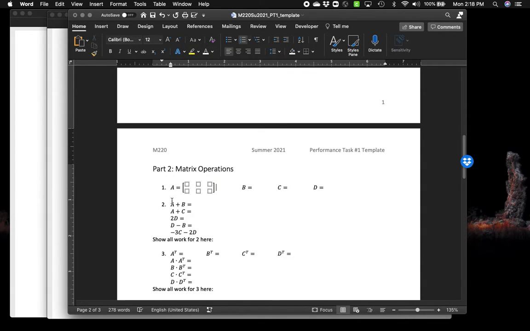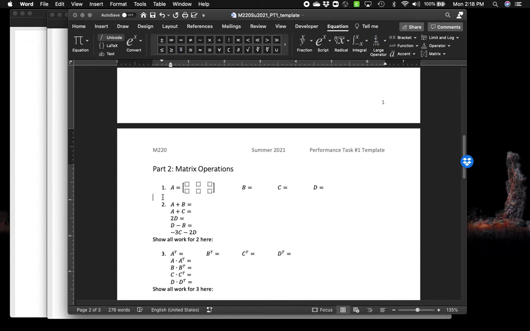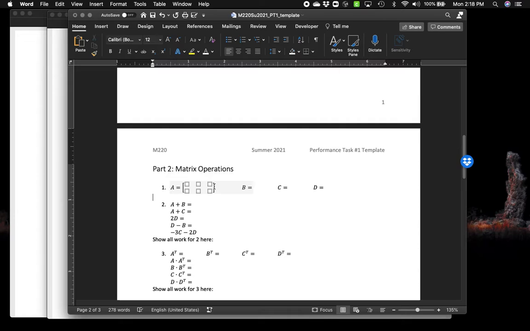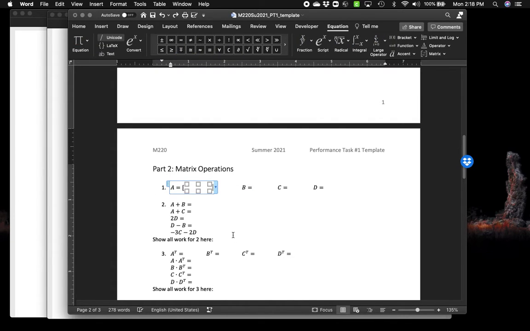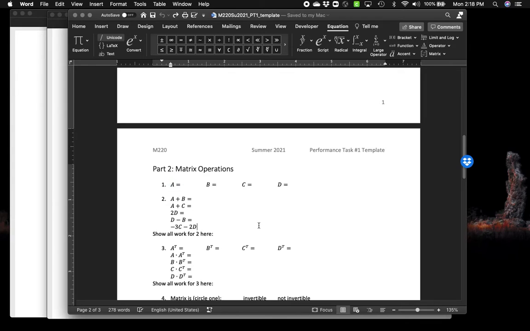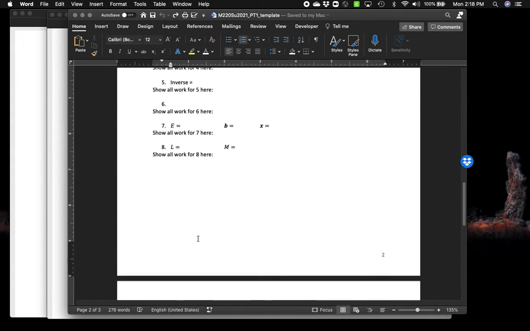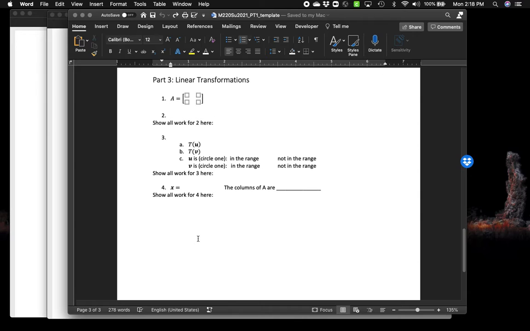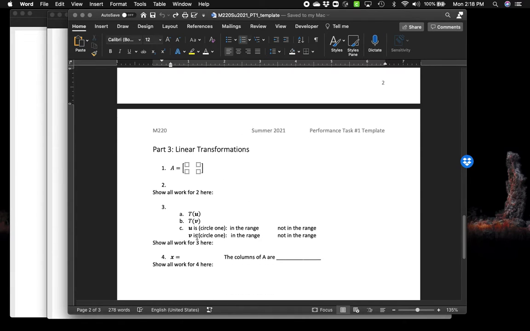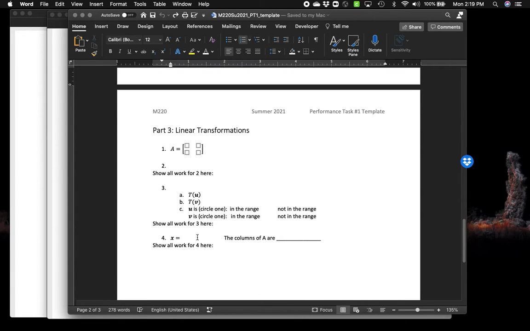If you would rather write this out on a piece of paper and put the picture of your matrices right underneath this, so that very clearly I can see what your matrices are, that is perfectly fine with me. So hopefully that makes sense. Again, same thing here, showing me all your work. If you would like to just put pictures of that, perfectly fine. So this is the template that I'm going to ask you to use. If at all possible, if you could upload this after the fact as a PDF, that would be great,